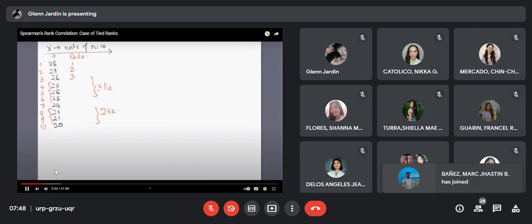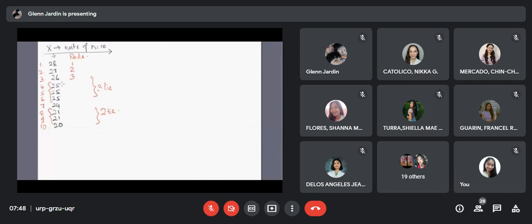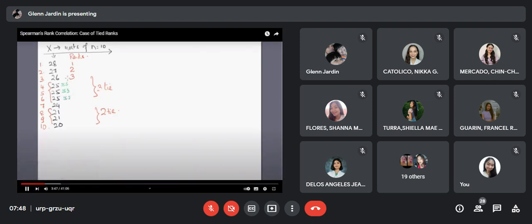Assuming that they do not have exactly the same marks, let me just assume that the marks of the student is say 25.5, followed by the next being 25.3 and the next being 25.2. Okay, had this been the case, I'll give them the rank